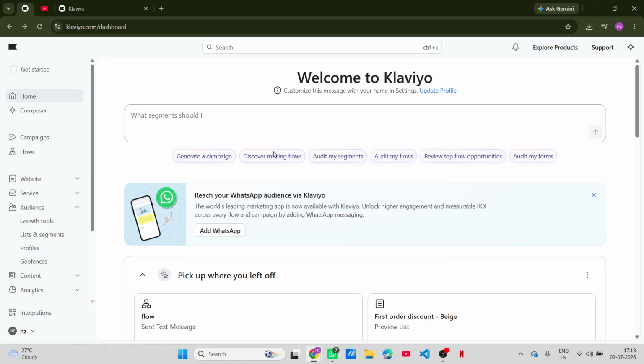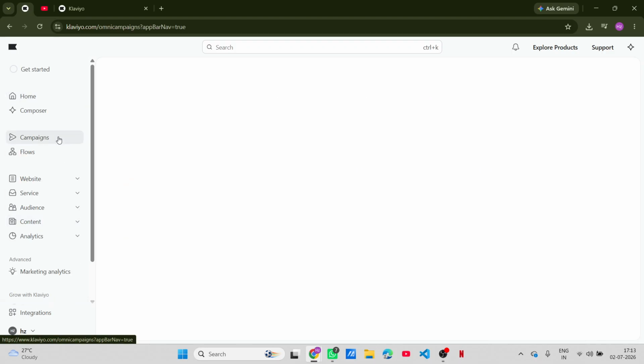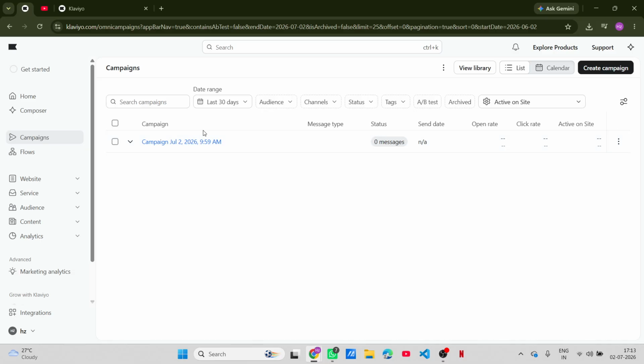Let's dive right in. First, you need to log into your Klaviyo dashboard. Once you're in, take a look at the left-hand menu where you'll see multiple options. The first step is to click on Campaigns. This is where all your email campaigns will be listed, and it's the starting point for what we're about to